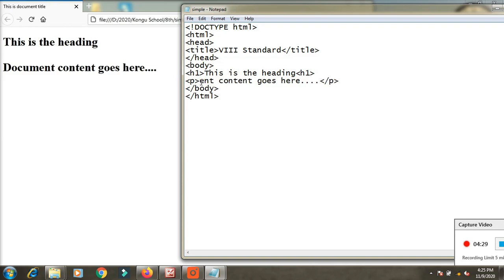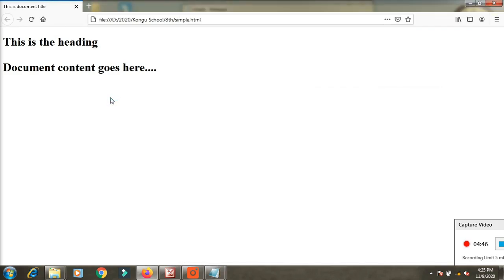Instead of document content, welcome to KKN, Kongu Kalvi Nilayam. I saved now. Again I went there and gave refresh. See here, the title has changed to 8th standard, and this is the heading, which I didn't change, and welcome to KKN.